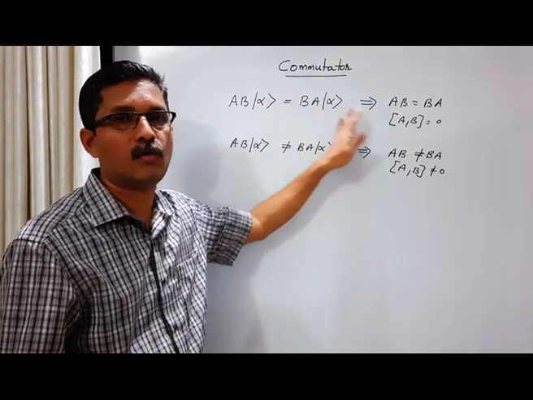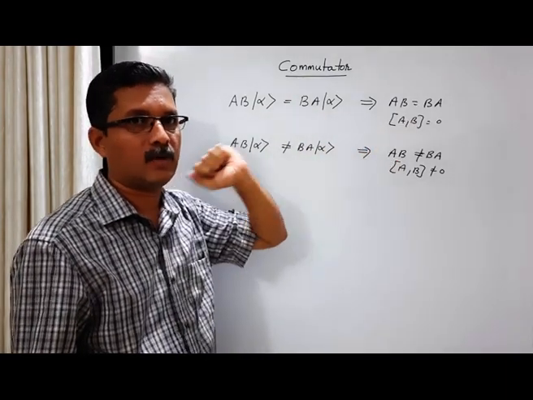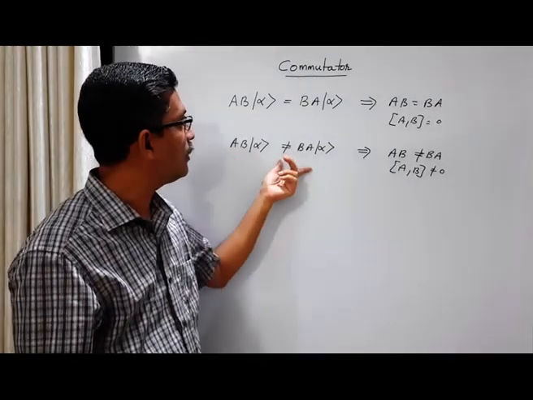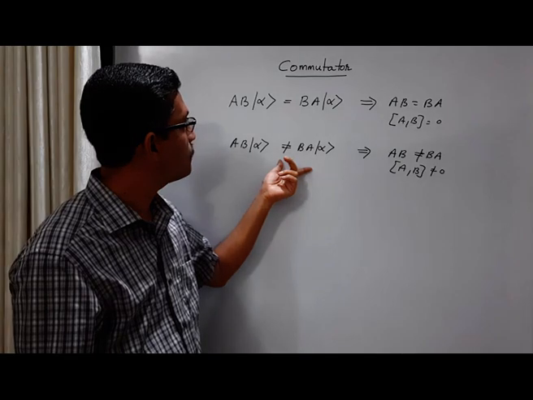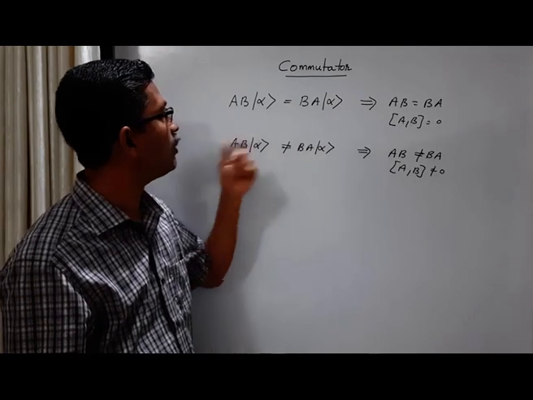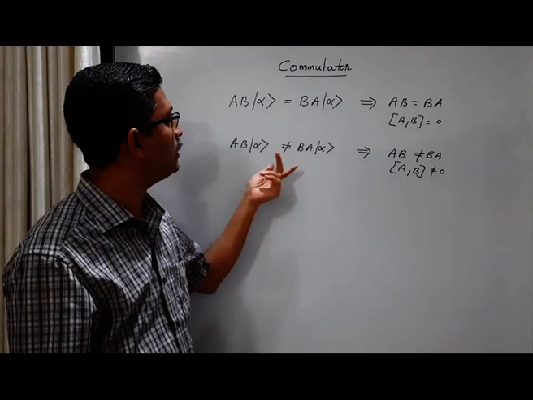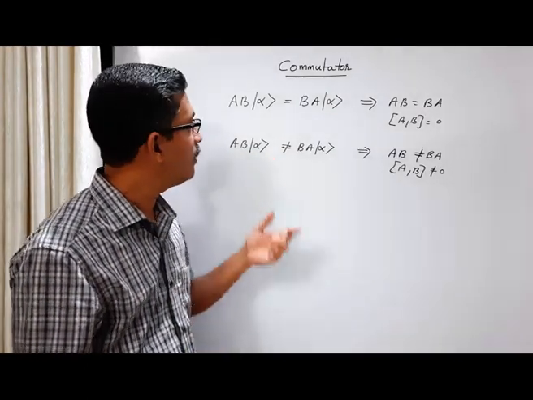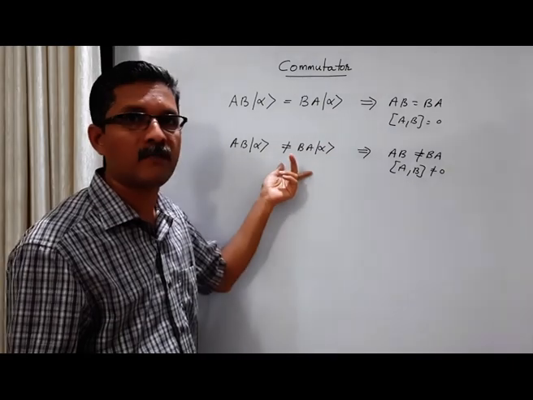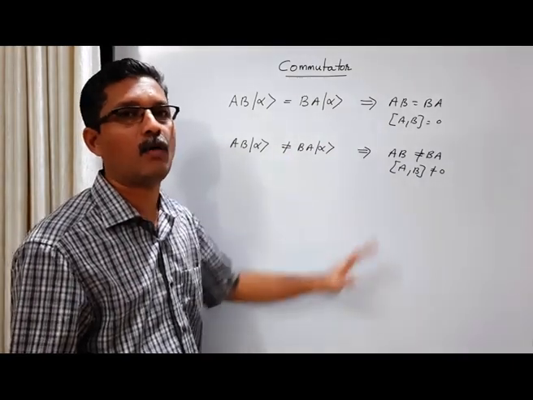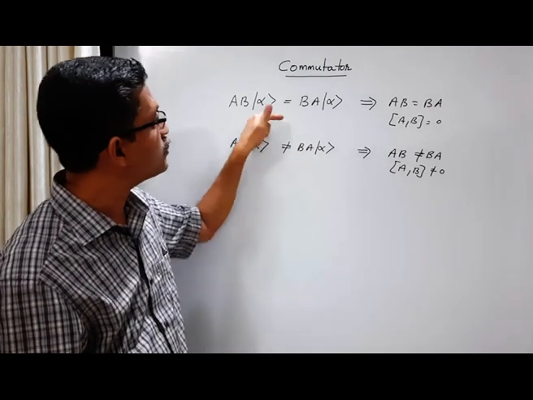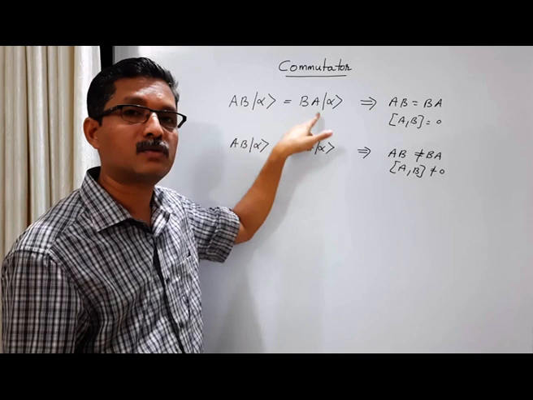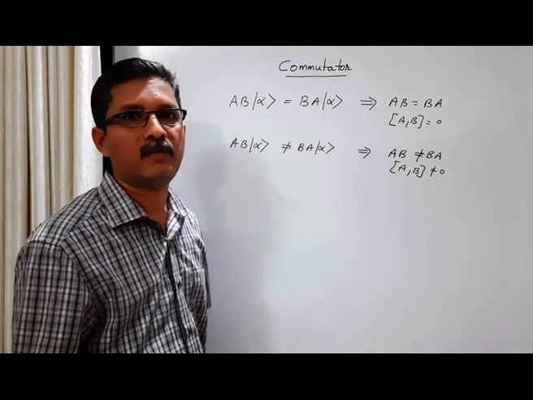Then we cannot say that two operators are commuting or commutative. Also, in this case, this may be true, but in the non-commuting case, we need to show that this is true for any one vector in the vector space. Because if it is non-commutative for any one vector in the vector space, we can say that the operators are non-commutative. But in order to show that they are commuting, this must be true for any vector in the vector space.